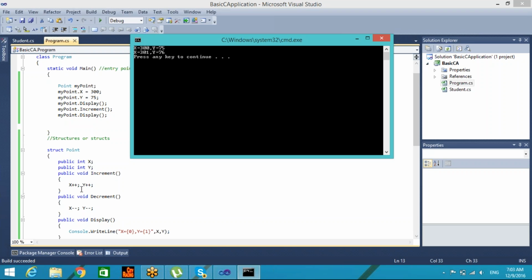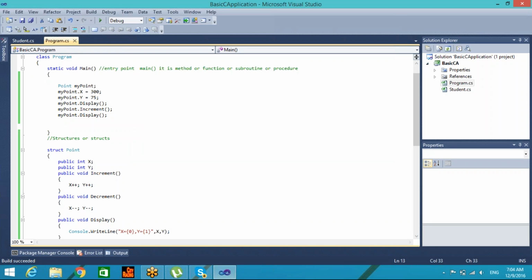Then I call the Increment method, which increases the values by 1, and myPoint.Display now shows x equals 301 and y equals 76. So this is the same as we did for the class,